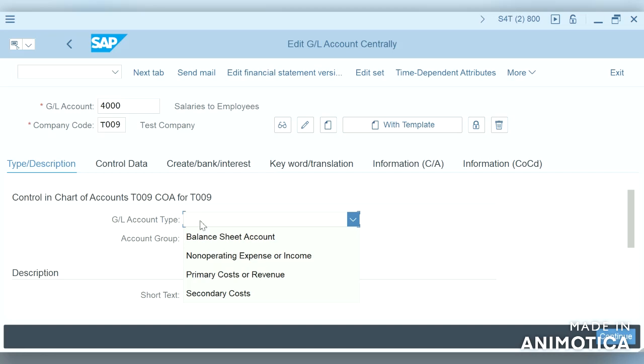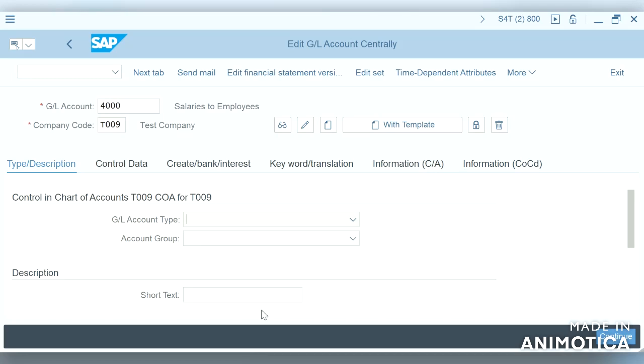Like each and every field of GL account I have explained, that is a detailed analysis of GL account. So you can check that video. So non-operating expense and primary costs or revenue. So now in SAP S4 HANA, the GL account type is classified in. So let us proceed